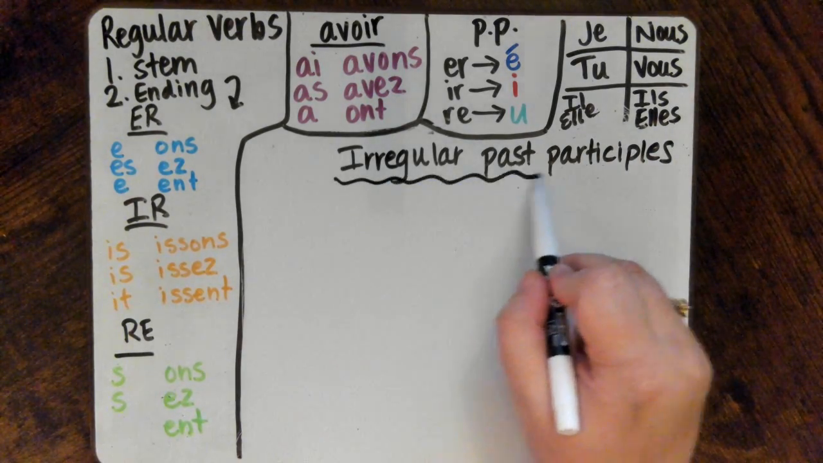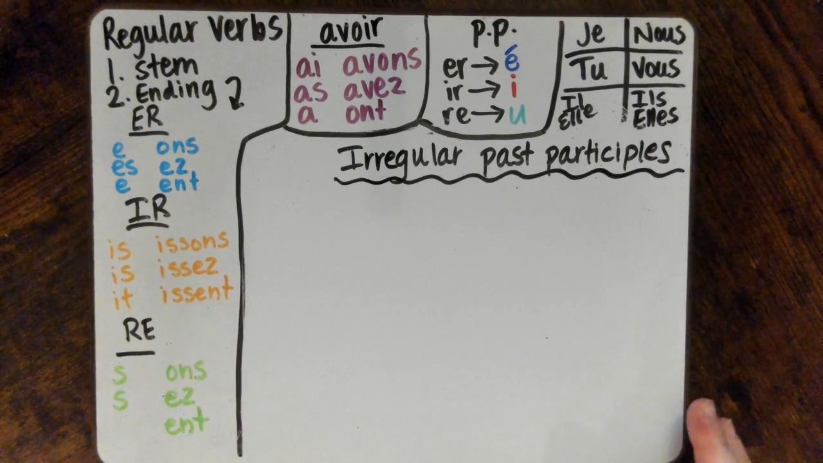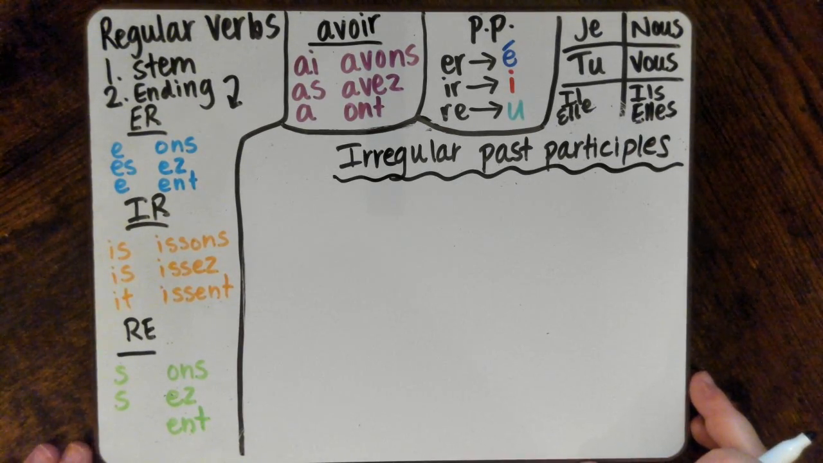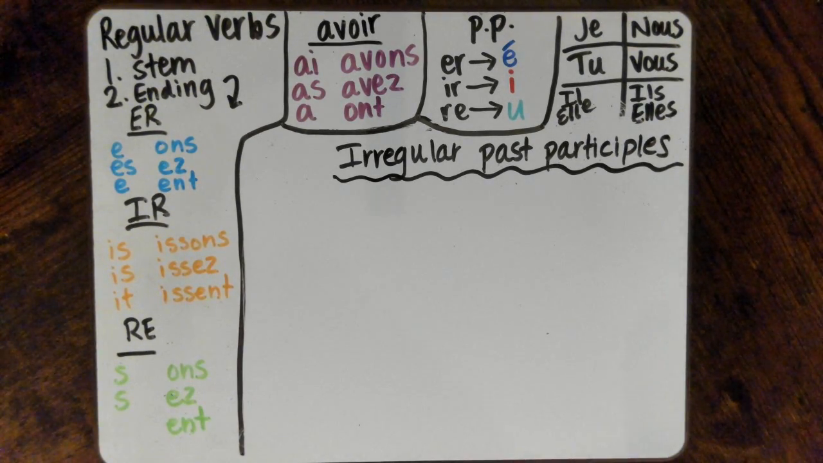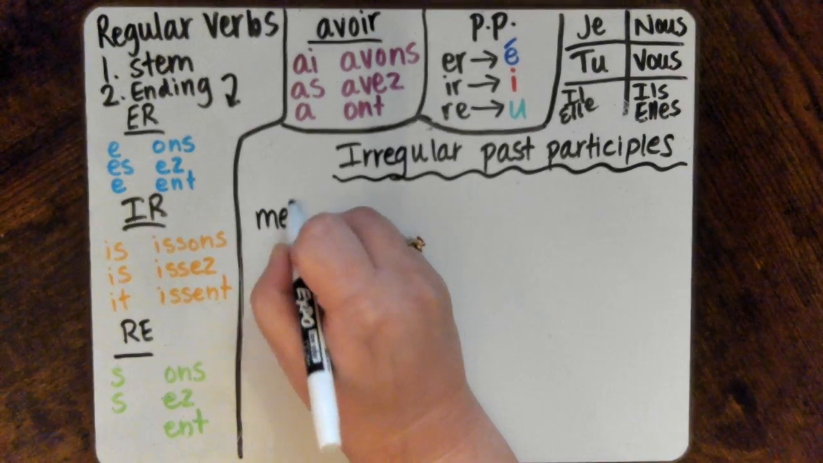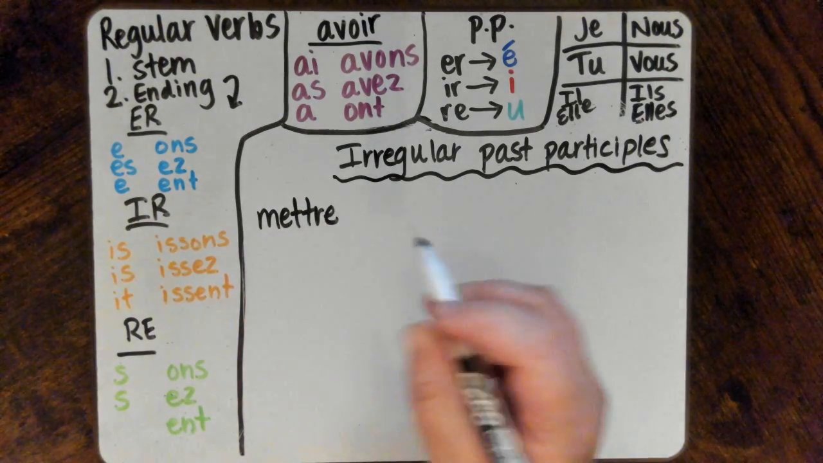So some verbs have irregular past participles. And there's really no trick to finding them. You just have to learn them. So typically it's irregular verbs that have irregular past participles. So I'm just going to write a bunch of irregular verbs on my whiteboard, and then I'll show you what their past participles are. So mettre,